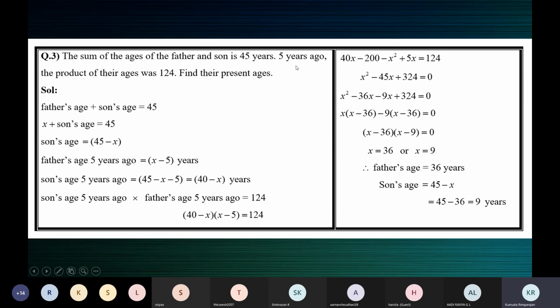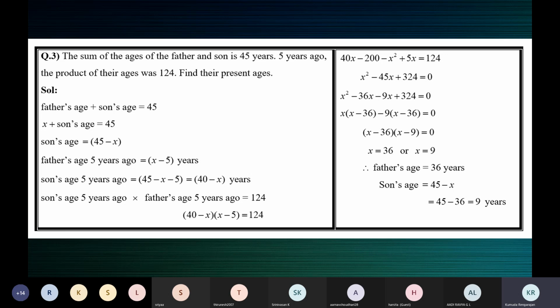And what is given here? 5 years ago, the product of their ages was 124. Not the present ages, 5 years ago. So the product of these two ages, x minus 5 and 40 minus x. Product meaning multiplication. This was father's age 5 years ago, and this was son's age 5 years ago. So multiply these two expressions and equate it to 124. On solving,